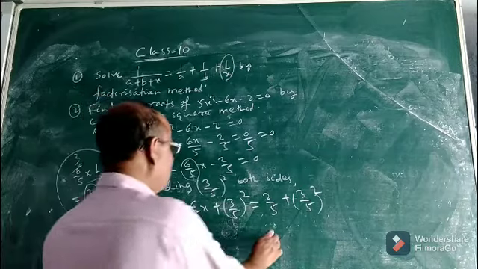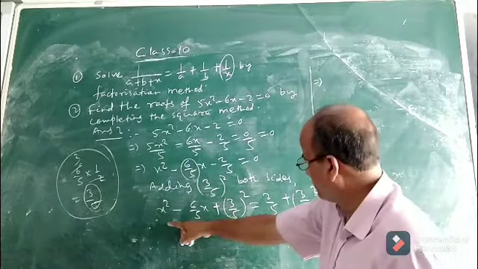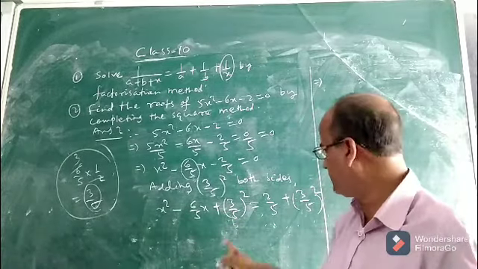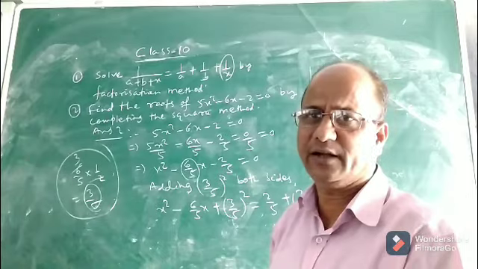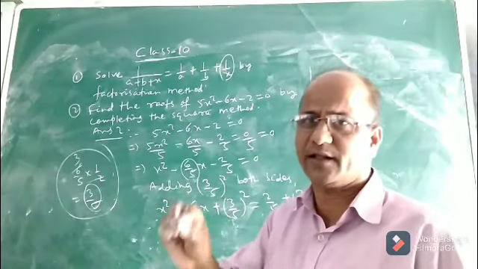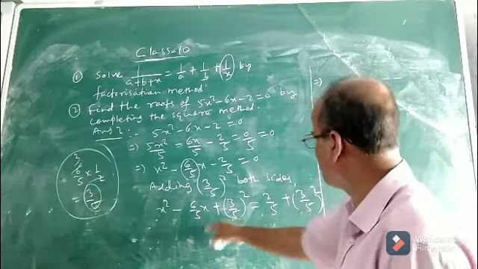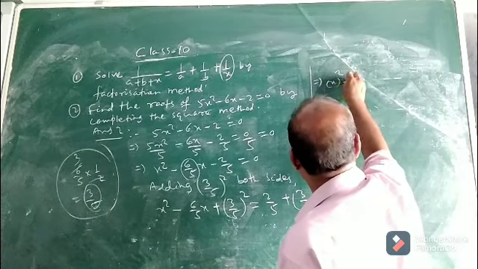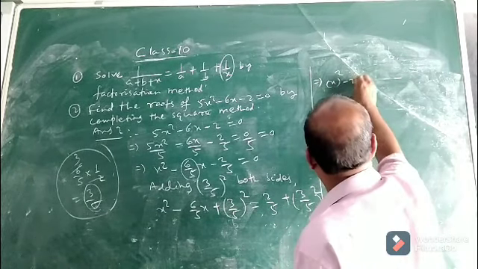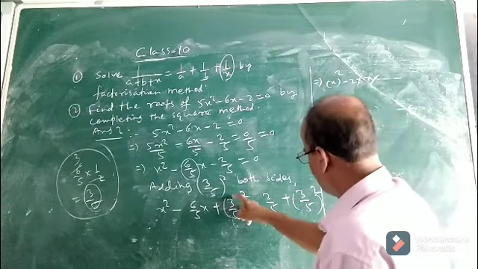Now, what will be our next step? Now we have to make it a perfect square, that means in the form of a plus b whole square or a minus b whole square. For that we need to bring it into which form? Either a square minus 2ab plus b square or a square plus 2ab plus b square. So x square can be written as square of x, minus this 6 by 5 can be written as 2 into x into this 3 by 5.